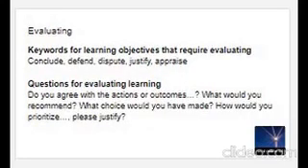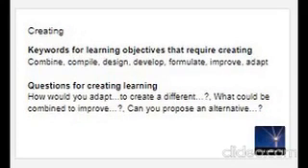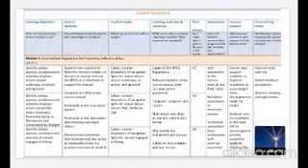Students should be able to give and justify opinions about information and ideas received, actions taken, or quality of work based on given criteria. The learning material uses words like justify and appraise to indicate material for evaluating. Students should be able to compile elements of learning to propose alternative solutions to problems. The learning material uses words like combine, design, and improve to indicate material for creating. Here is an example of a lesson plan from a coastal navigation program.